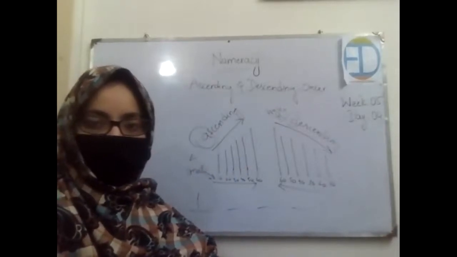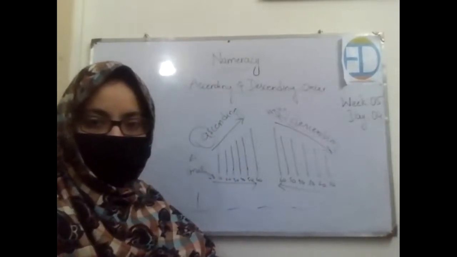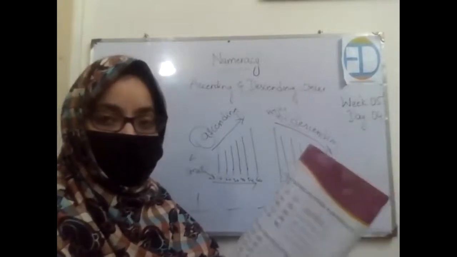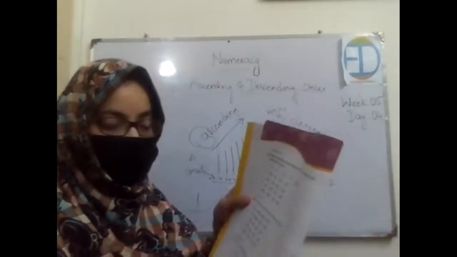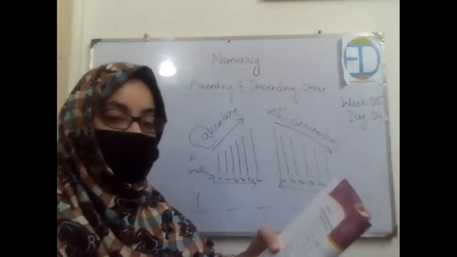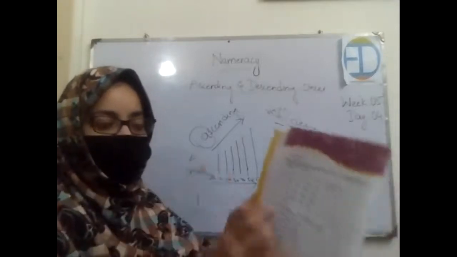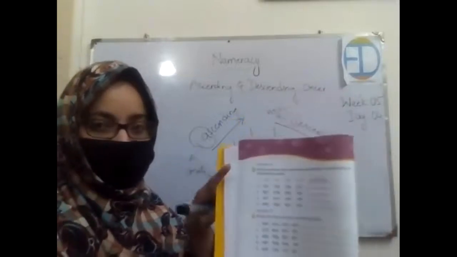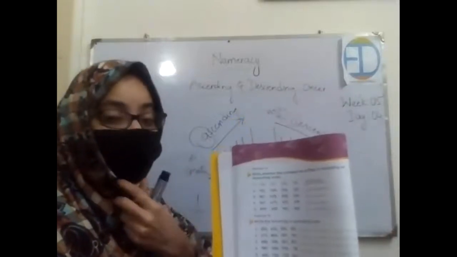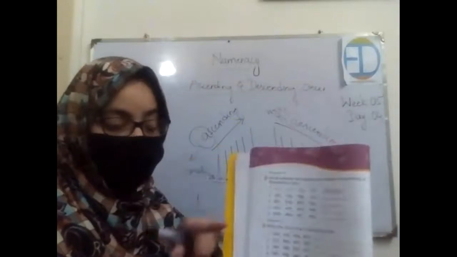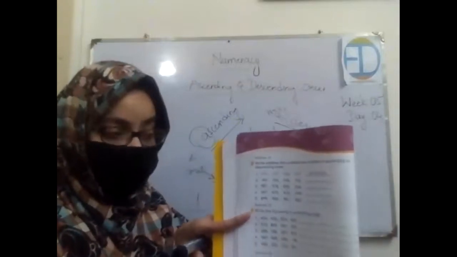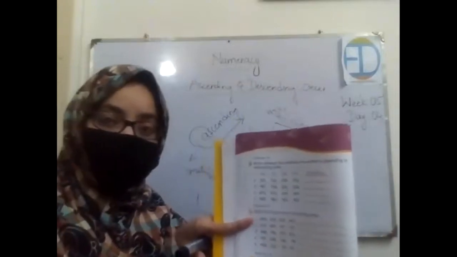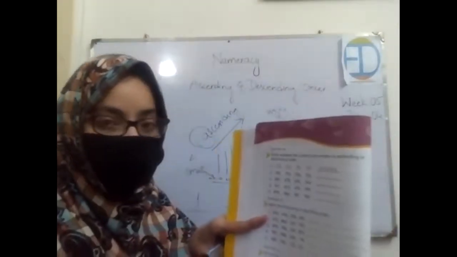Okay, hurry up, do it. Okay, all of you are done. Now look at exercise number 15. The statement of the question says write the following in ascending order. Now you will be doing the opposite of this. There you were given the numbers in an order and you just had to mention it. Now the numbers are given to you and you are supposed to write them in the following order. The first one is write them in ascending order.